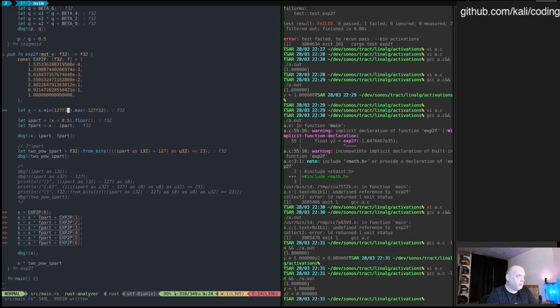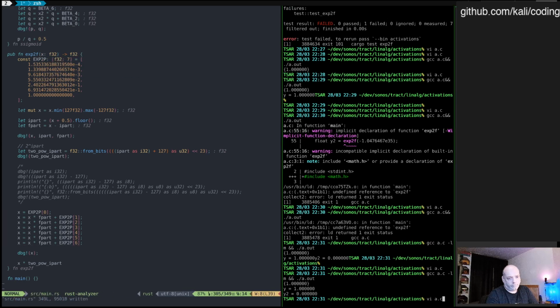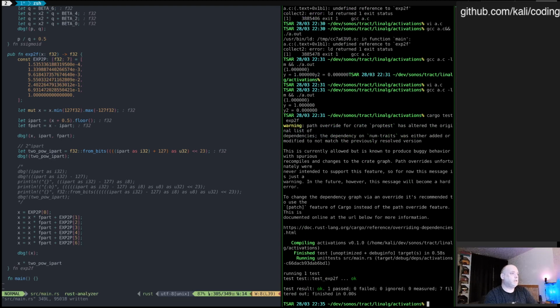Okay, let's fix this. And cargo test. Hey, that's pretty good. So we have a Rust reference implementation for 2 to the power of x. And from there,